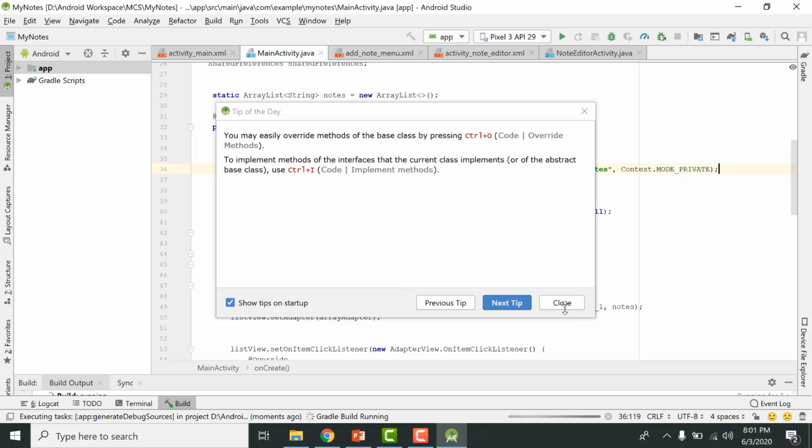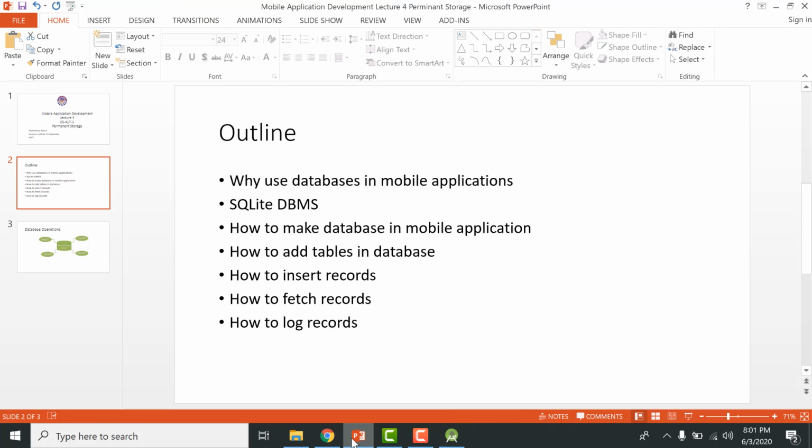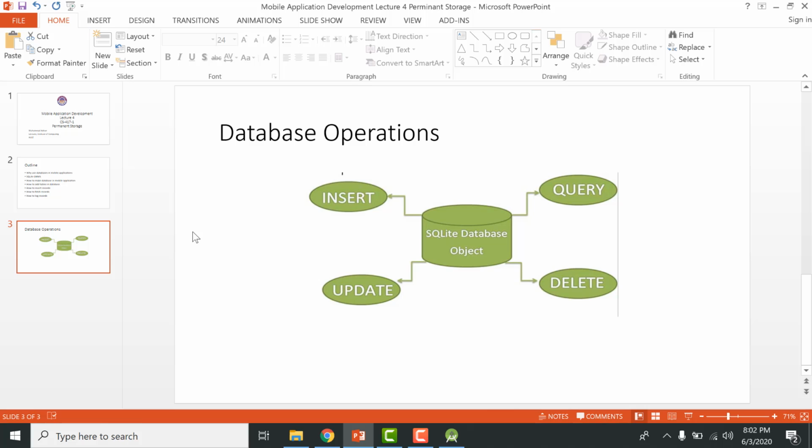and I'm just going to close this tip, and Android Studio is now running. Let us wait for a moment for the Gradle process to finish. Okay, so these are some tasks that we are going to implement today, but at a very abstract level,